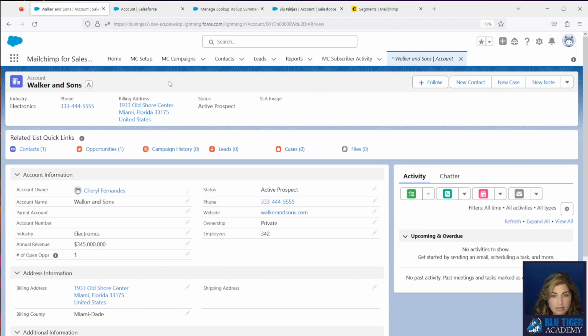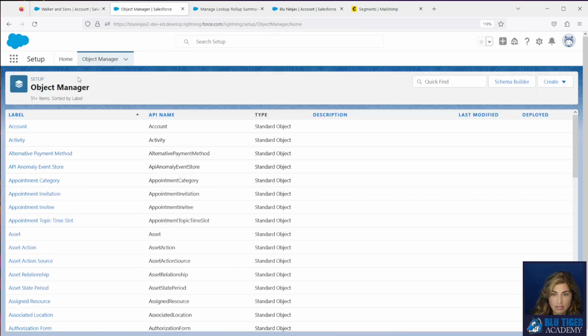Now our next step is to create a formula field on the contact that's looking at all the criteria that we're looking for. So department, number of open ops has to be greater than 0. They can't be a customer. So let's go ahead and create that formula field on the contact and see what that looks like.